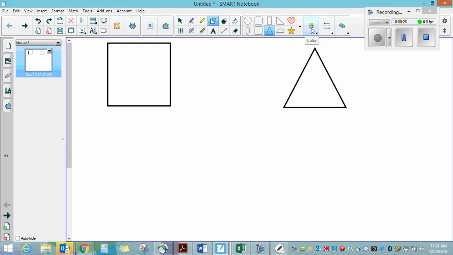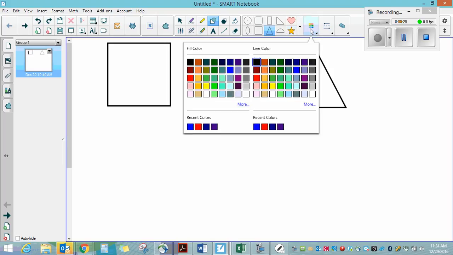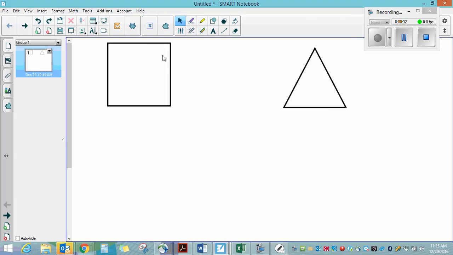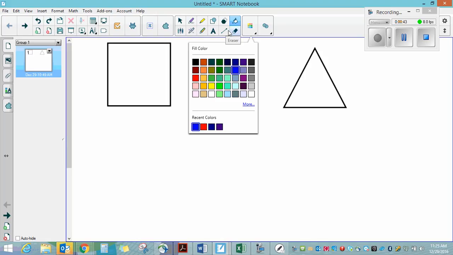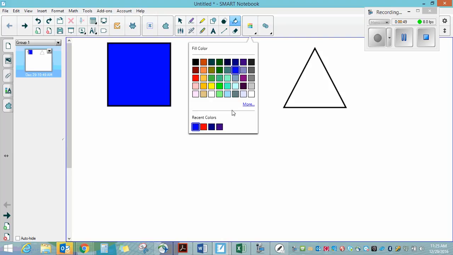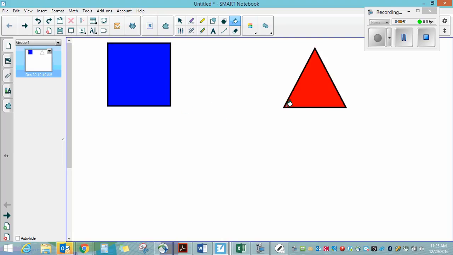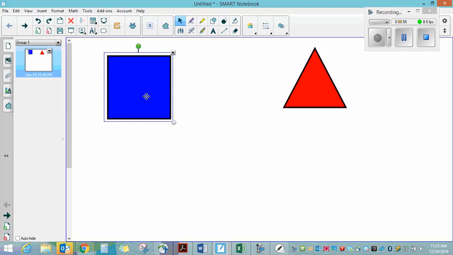I do want to point out that when you click on this, it is going to be for future colors unless you actually go back and click on that shape itself. In that case, you can manipulate the colors. An easier way to do that is to click on this paint bucket or hit F7, and I'm going to color these different colors. I'm going to make the square blue, and the triangle red, and one thing we can do with this is rotate these shapes